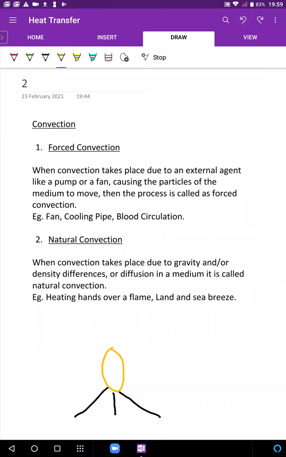Okay? One minute guys, just listen to this whole example once. Flame over here is at some high temperature. Now what really happens is when you place your hand over it, how does your hand get heated up? How does heat flow from the flame to your hand? So it flows via the process of convection. Of course, there can be some conduction also going on, but predominantly it flows through the process of convection.